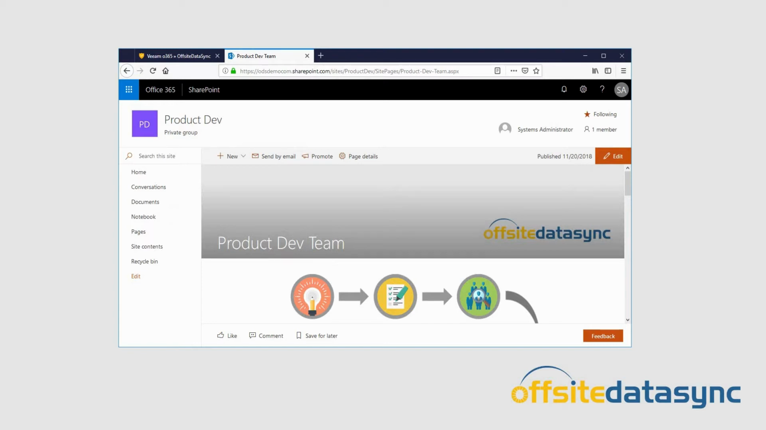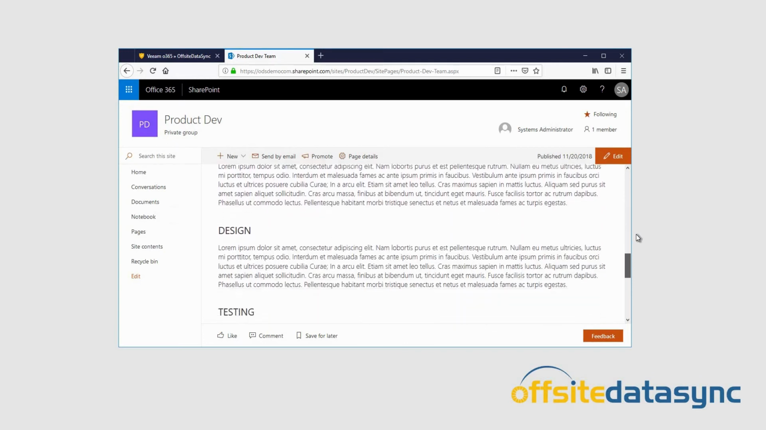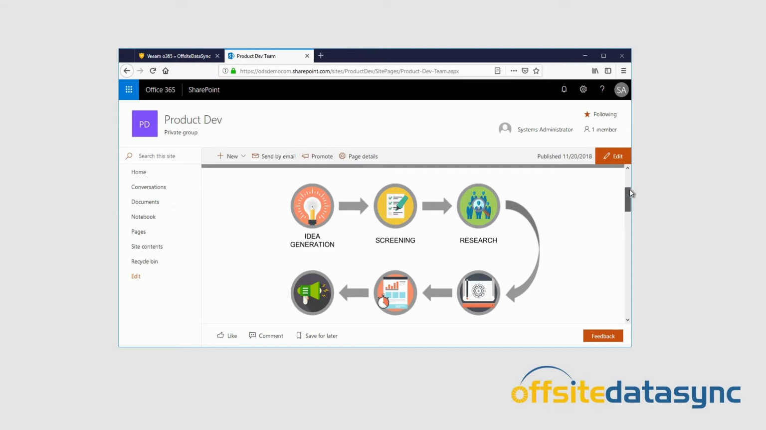Today, we're looking at how to restore SharePoint items from your Veeam backups for Office 365 provided by Offsite Datasync. Here we have a SharePoint site for the product development team, and in the site we have a page dedicated to this team. Let's simulate that we need to edit this page, and while we're at it, we'll accidentally make